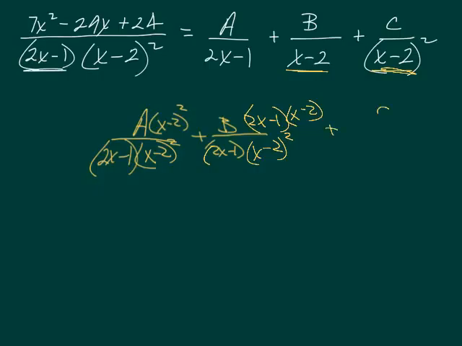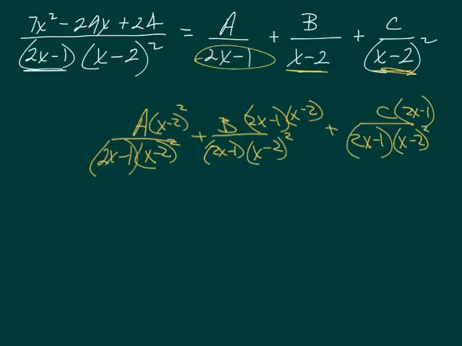Alright, plus C over, and I'm missing this 2x minus 1, and I've already got my x minus 2, the quantity squared, so I've got a 2x minus 1. Okay, well, let's get rid of the denominators. Put this thing right back on our problem. So we have 7x squared minus 29x plus 24 equals